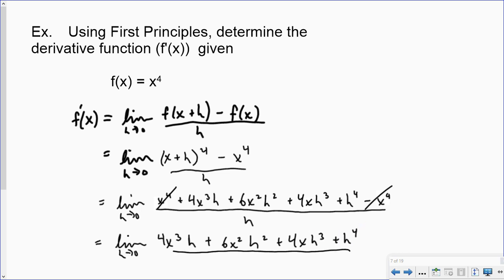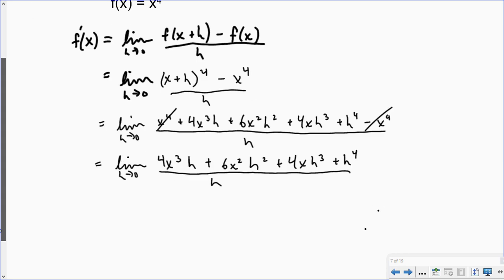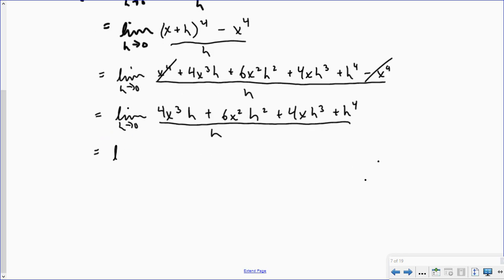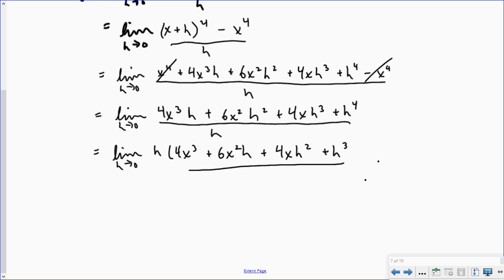I'm going to factor out an h. So I can take out an h. I'm going to have 4x to the power 3 plus 6x squared h plus 4xh squared plus h to the power 3. Let me close my bracket, divided by h. Those will cancel. I get rid of my common h, and I'm left with